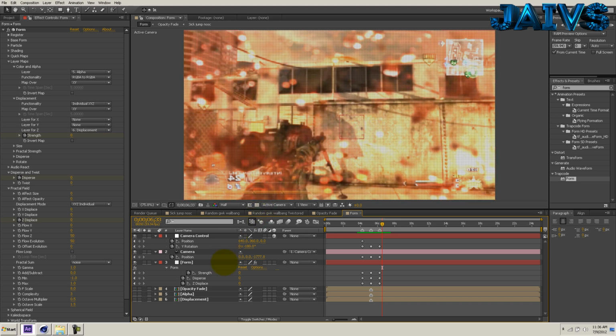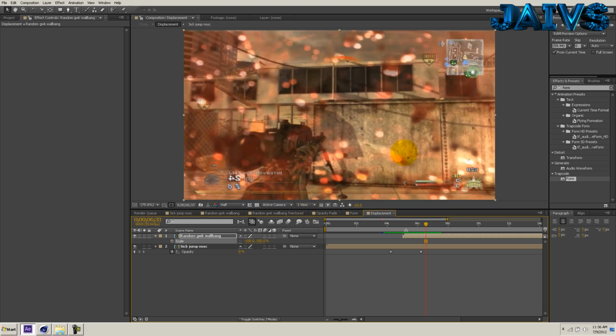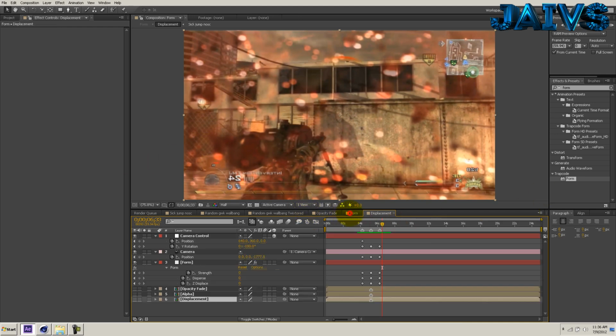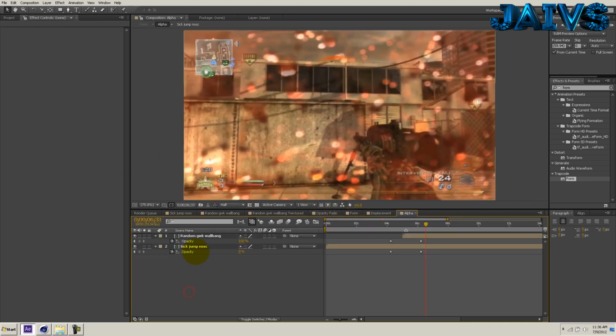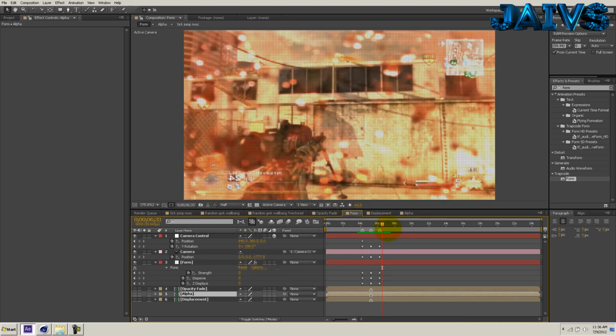So to fix that, we go into our displacement and our top layer, hit S for scale, uncheck this so both of them aren't affected, and hit -100 for the first value, and in here it should be fine. Then go back to our form layer, our alpha, on our top layer, do the same thing, uncheck this, make this -100, and if you go into our form layer again and move a few frames,